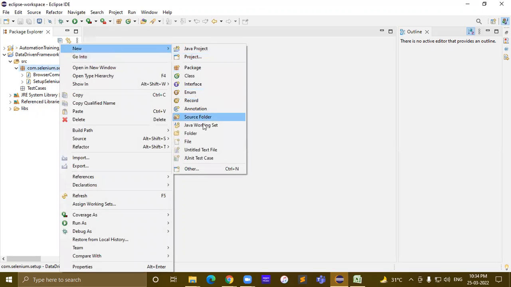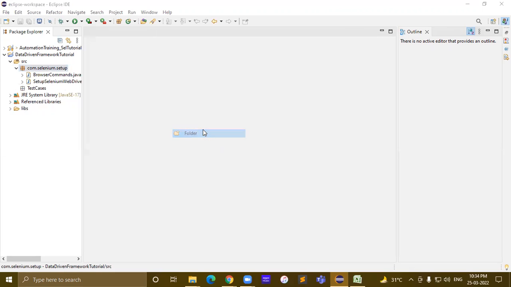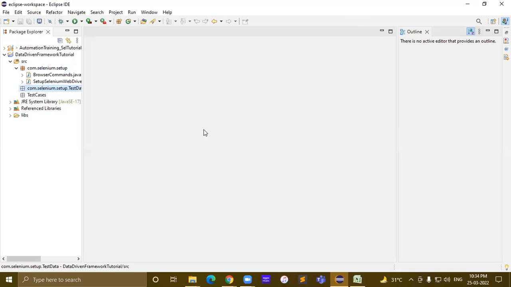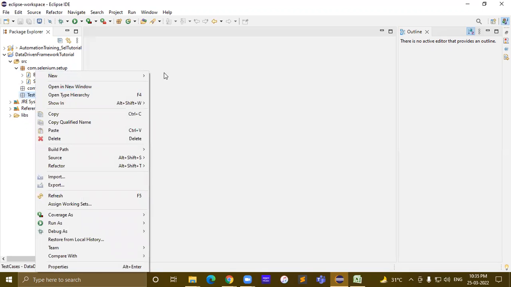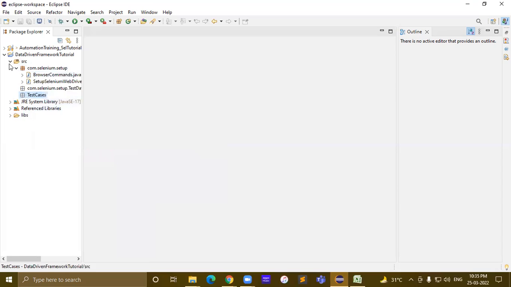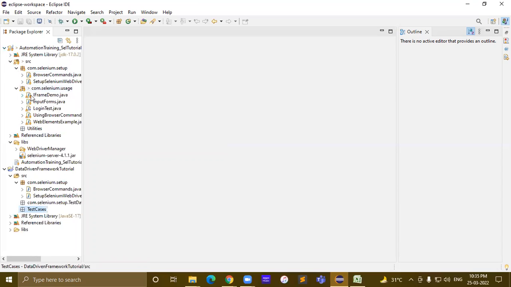We'll have one more folder or package where we will store our test data. So test cases means it will contain the test scripts. And then I should create one class file which will point to,